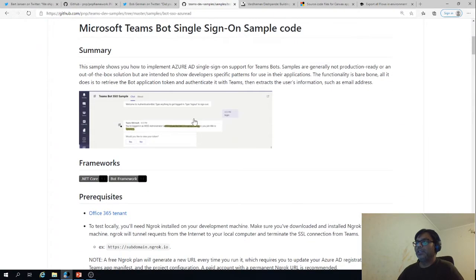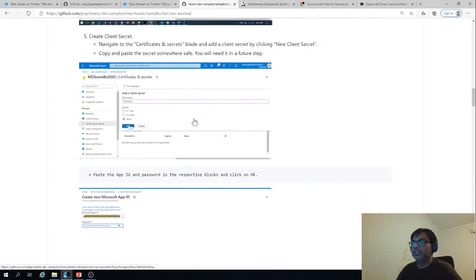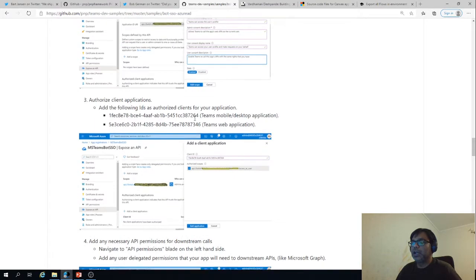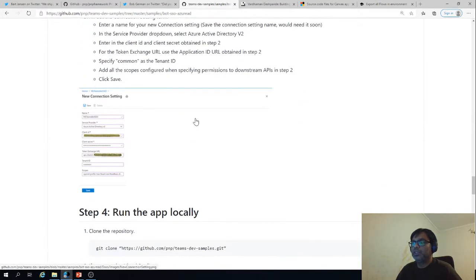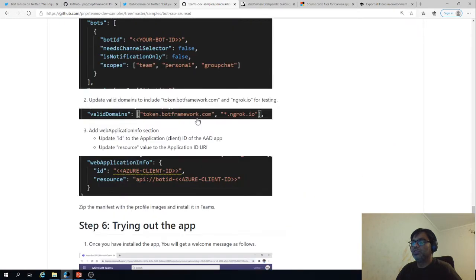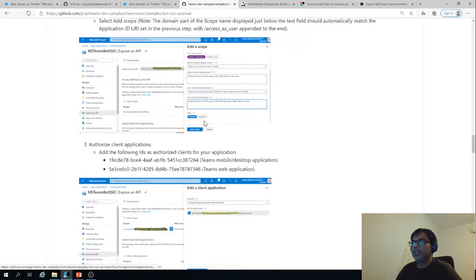So this one explains how we can implement single sign-on in a Teams bot, and they have the source code available here. I am not going to explain the source code, but you can have a look at this. And this is explained in very detail how you can make it work, with different setups, what you need to do. And of course, the source code is available for you to have a look at and be used